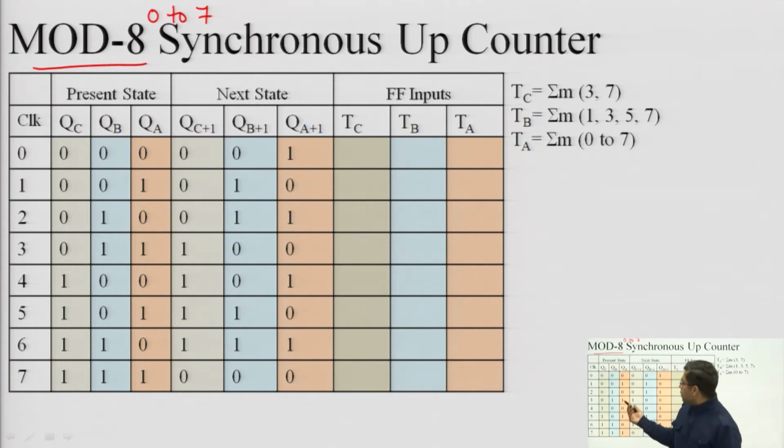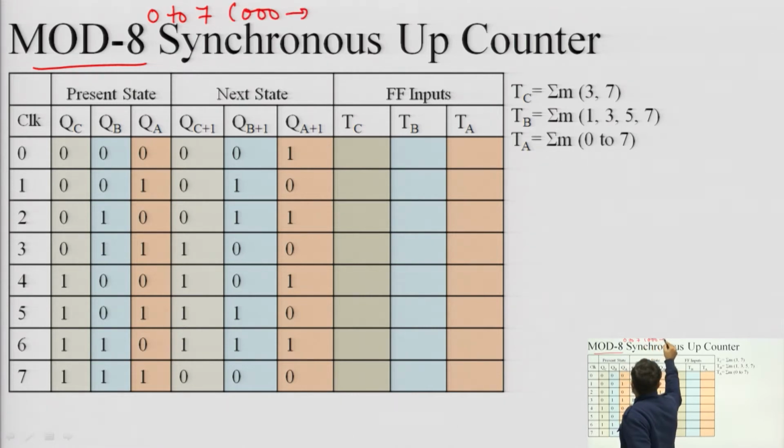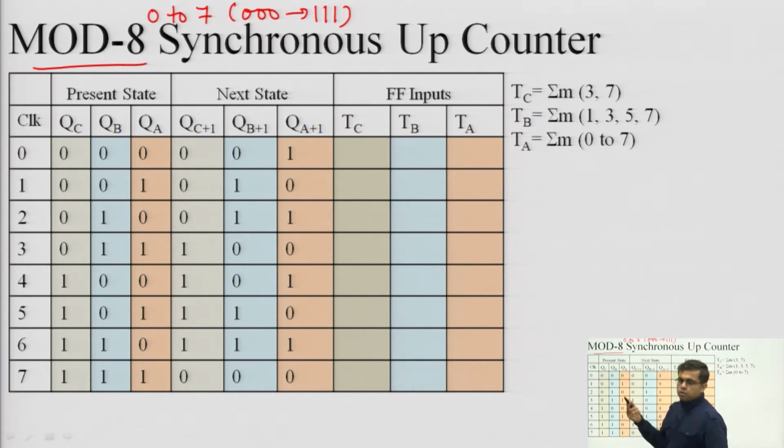Okay. So, this is the 0 to 7, 0 to 7 means 000 to 111, that means 3 flip flops will be required. So, let's use T flip flops again, because although there is no limitation, we can use any flip flop for designing of counters, but T flip flops generally give us reduced K-map expressions. Reduced K-map expressions means the simplified ones, that means the circuit will be much simpler if we use T flip flop. Although there is no limitation, we can use JK, SR and D as well, but we will stick to T flip flop for counter design for their inherent benefit of circuit simplicity.